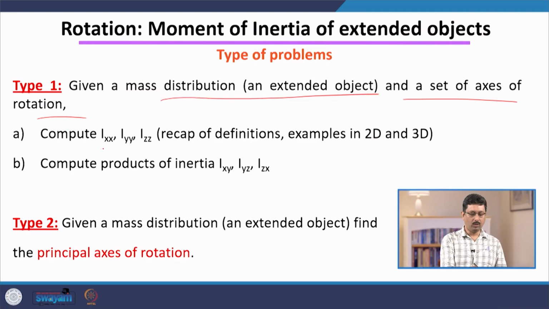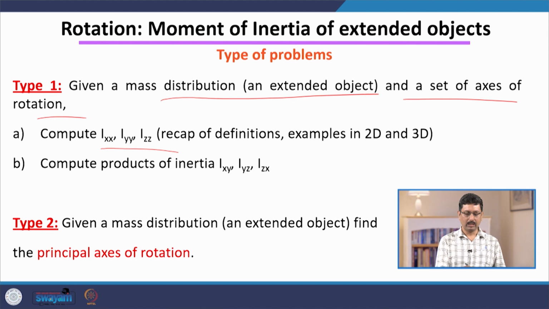is to be able to solve two kinds of problems. So far, in the previous week, we discussed the first type of problem, which is that given a mass distribution of an extended object and a set of axes of rotation, compute different components of moment of inertia with respect to the x axis, y axis, z axis, which give you how much is the spread of the mass distribution about those axes